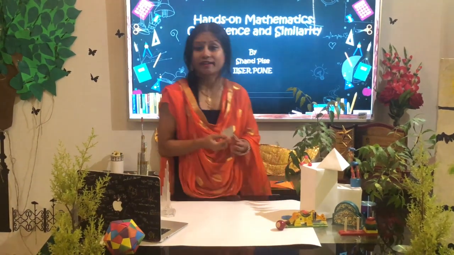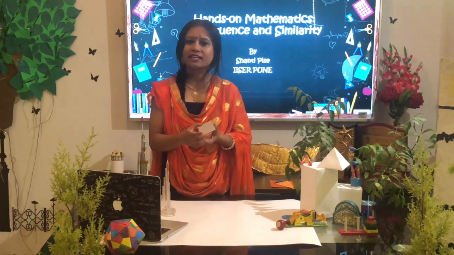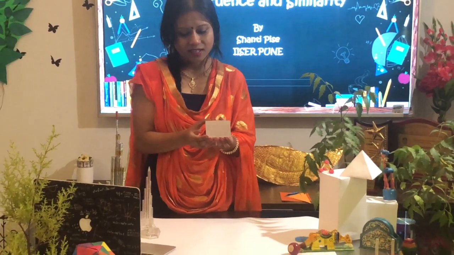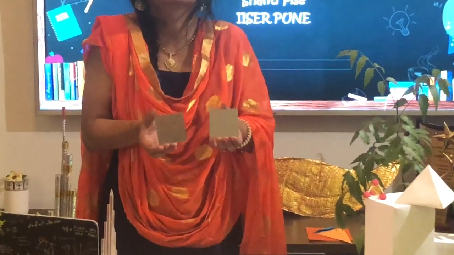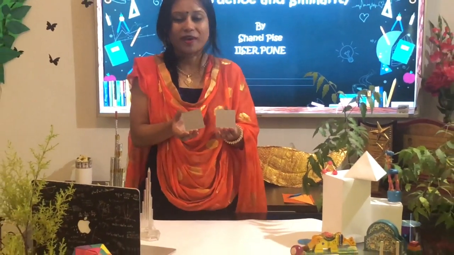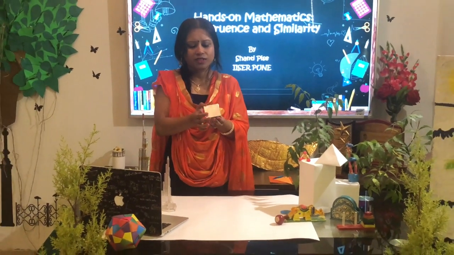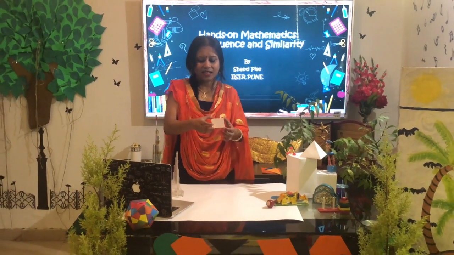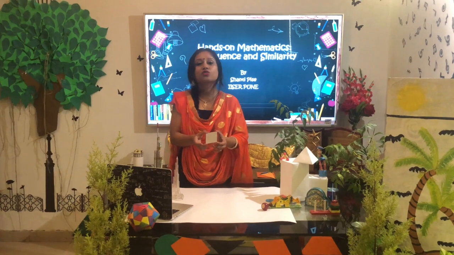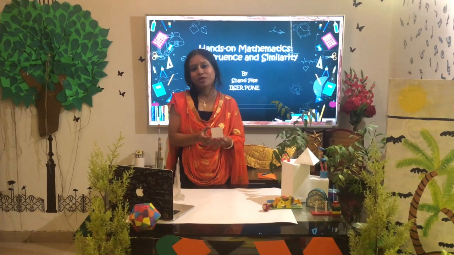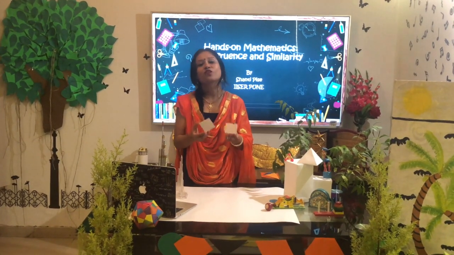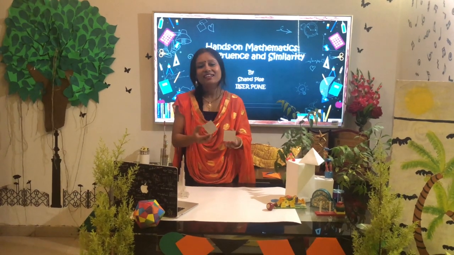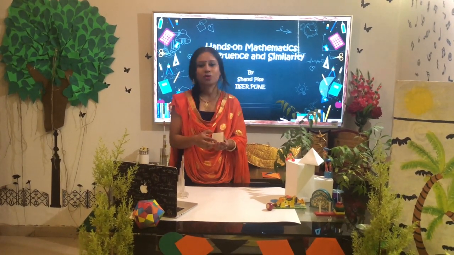What about squares? When we take the squares, all the sides of the squares are equal. And I am taking here in the same way two cutouts of mirrors as squares and I am putting one over the other. So it is fitting exactly on each other. So these two squares are congruent to each other. Both the sides are of the same length and their angles are 90 degrees, then it makes them congruent to each other.